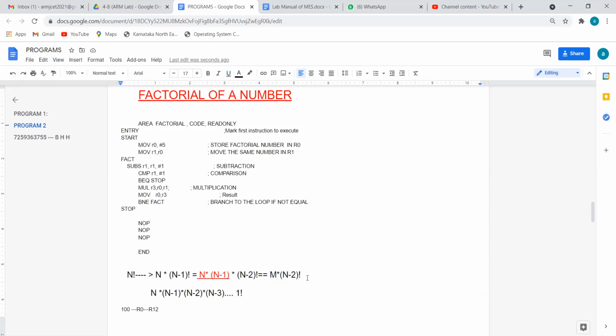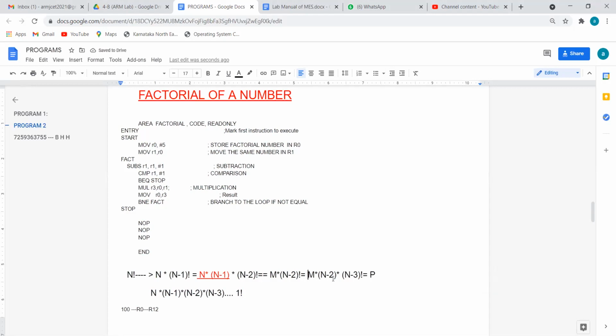So what is the next explanation? m star (n minus 2), again star (n minus 3) and its factorial. Are you getting it now? So what is the next representation? Can you reply in the chat box? What should we do: expand (n minus 3) factorial, or calculate m star (n minus 2) and get some number called p?